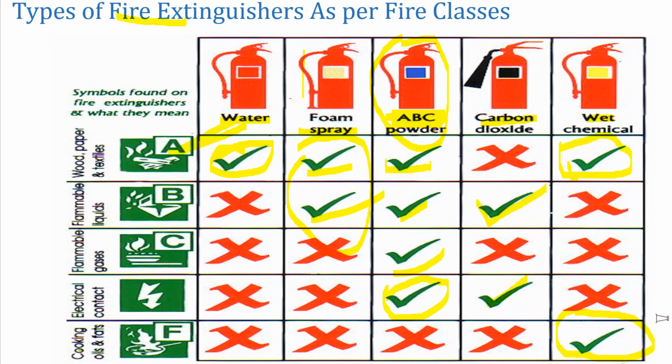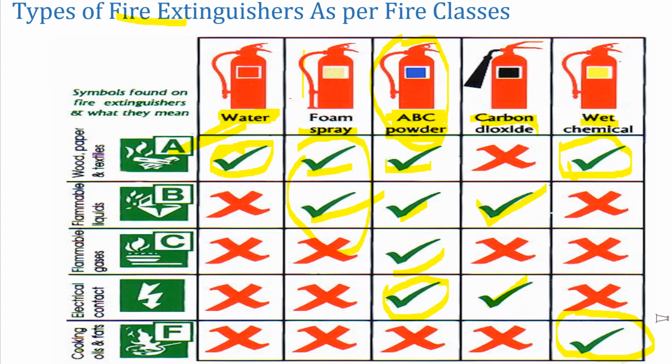So guys, basically in these types of fire extinguishers, in the water type there is water present in it, in addition to some additives. In wet chemical type, some alkali salts are there. In carbon dioxide type, pressurized carbon dioxide is there. In powder type, there are dry powders that are sealed under pressure in this box. So these types of extinguishers can be used to extinguish different types of fires. One fire extinguisher can't be used to extinguish all types of fires.